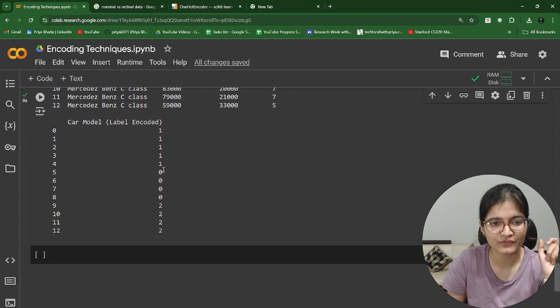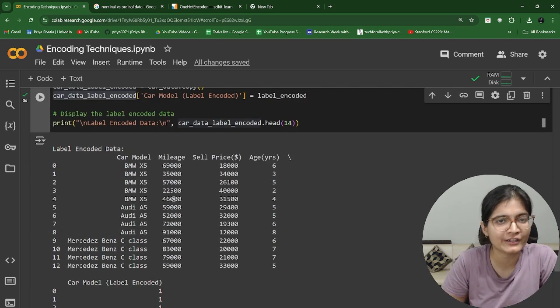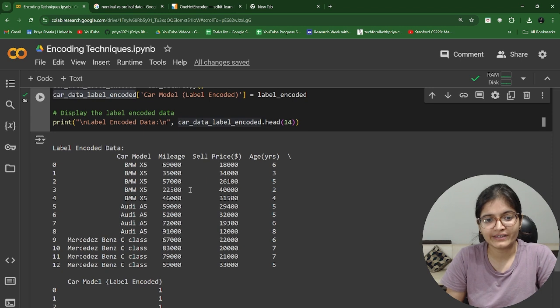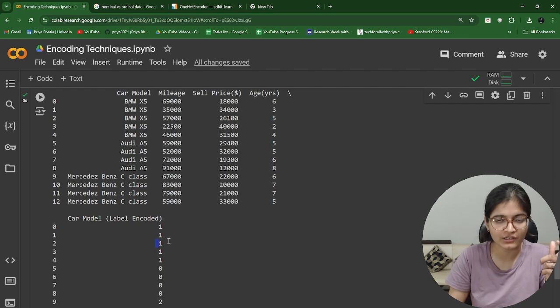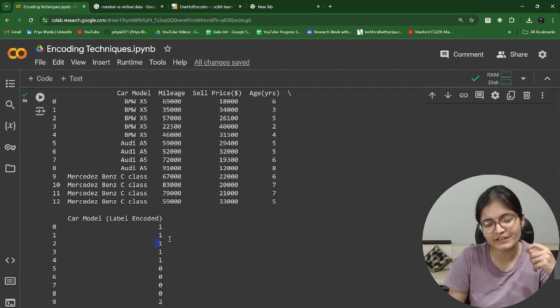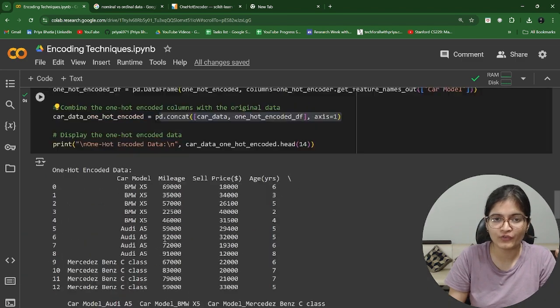Once you run this code, you will see a category of 0, 1, and 2. So this is how the label encoder works. In label encoder, we have 3 categories within one column because we have 3 different car models. If we had 4 different car models, we would get 0, 1, 2, 3. And this is how the complete flow goes.